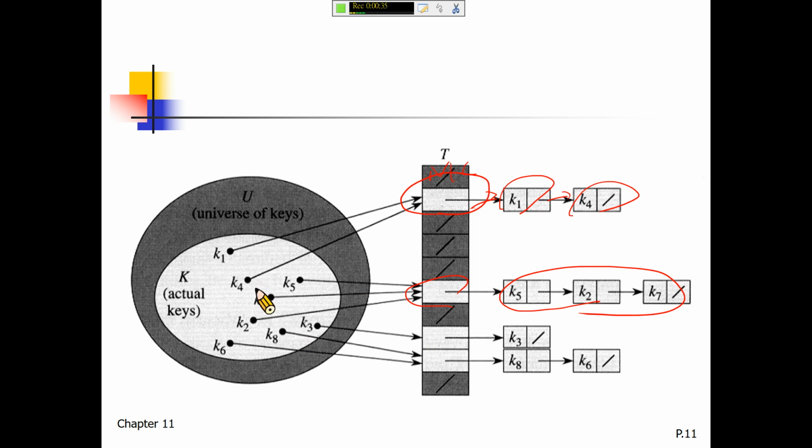a new key is inserted into this hash table, basically if it's the same as K3, then basically you will insert here, by adding a new element here and then a new element to the K3 here. And then the second one, search,